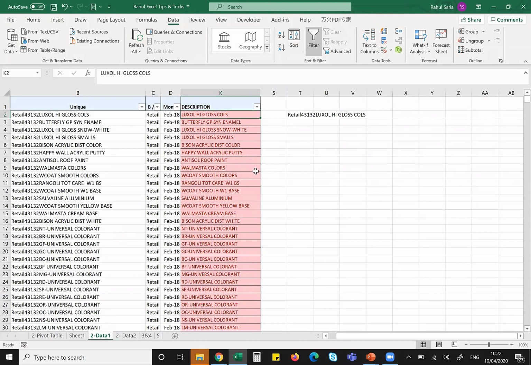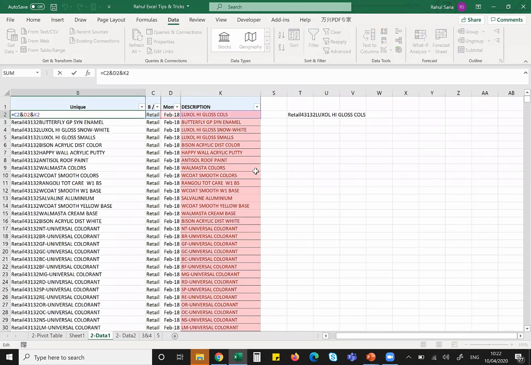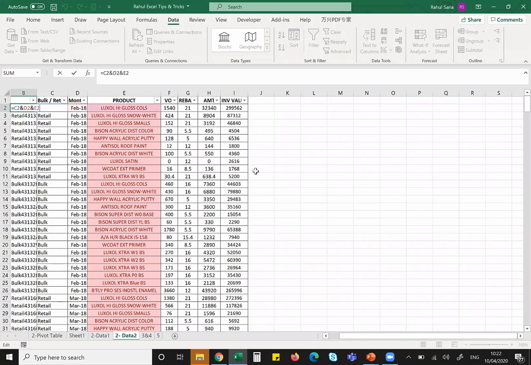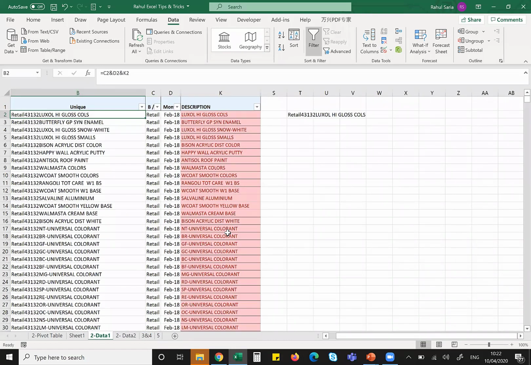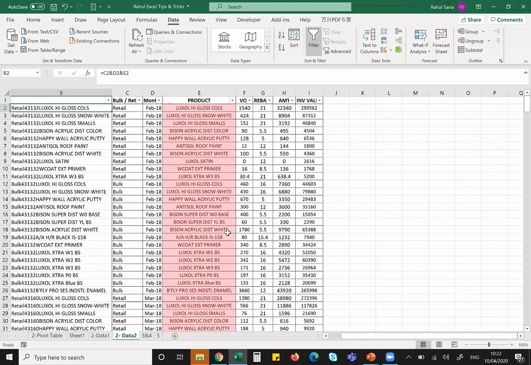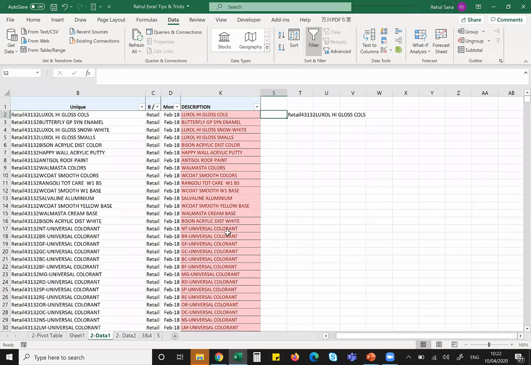I did the same thing in this column, basically the same formula, and I did the same exercise in the other sheet. So I added all. Let me just expand this so that it's clear. Beauty, this unique and this unique are the same, which I can easily use a VLOOKUP for.